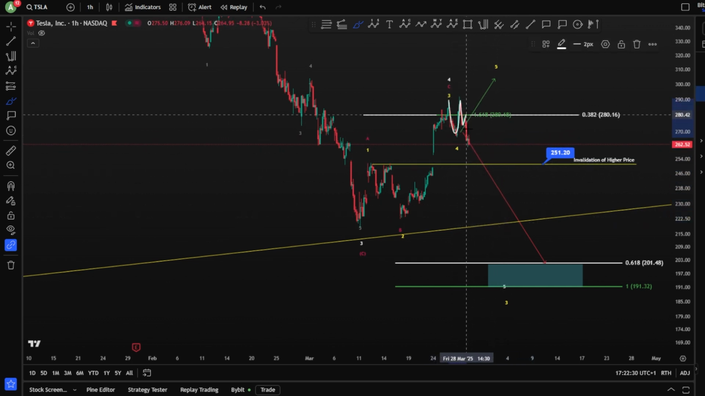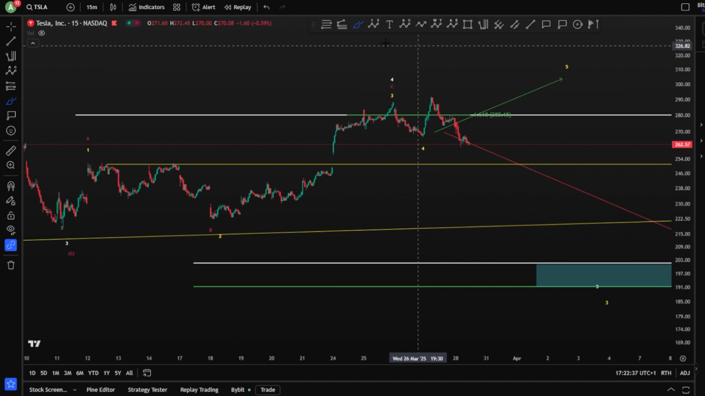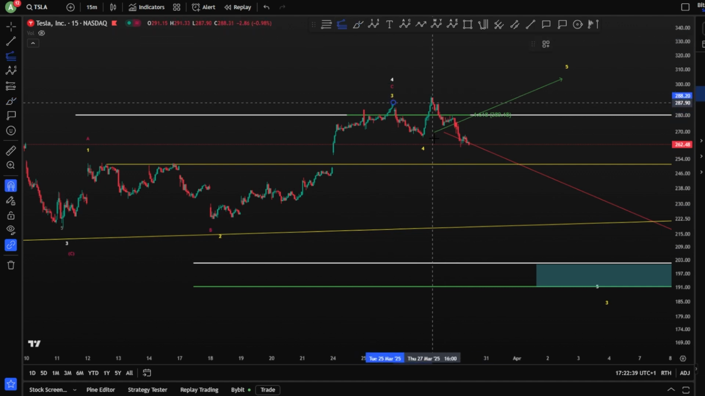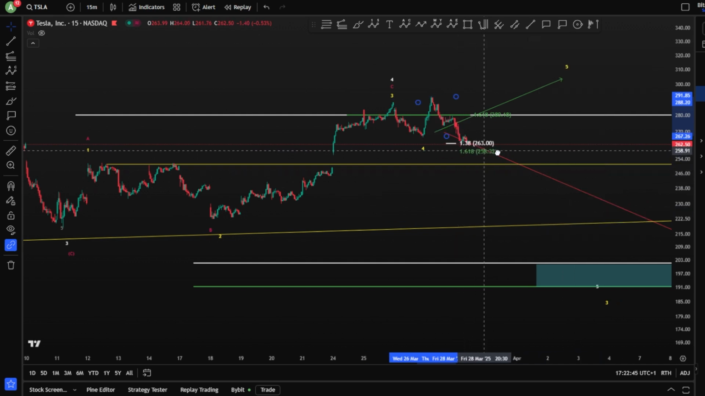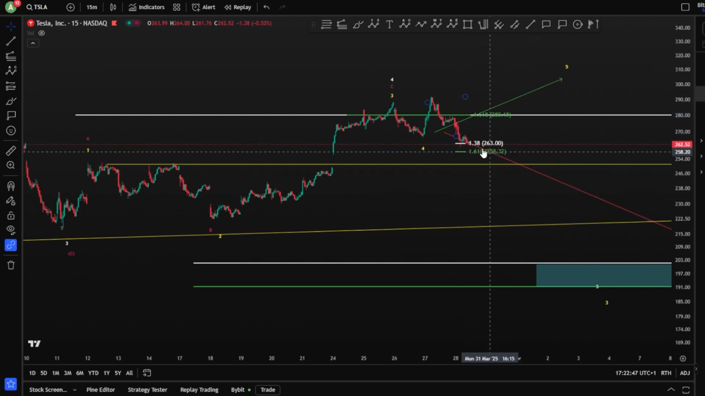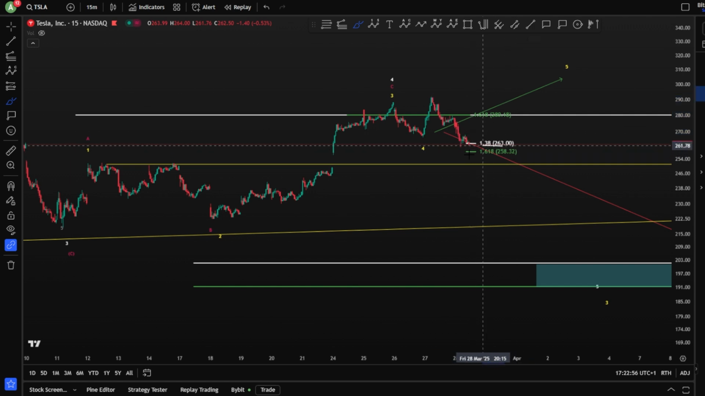We have potentially here anyway an ABC as an expanding flat. So let's dive deeper, go to the 15-minute chart. On the 15-minute chart, you're looking anyway for an expanding flat, wave C, as here we go. And in this case, you are very close to the target to finish even as an impulse. If you have 1, 2, 3, 4, and a 5, maybe your wave 5 is going to be extended a little bit to hit the